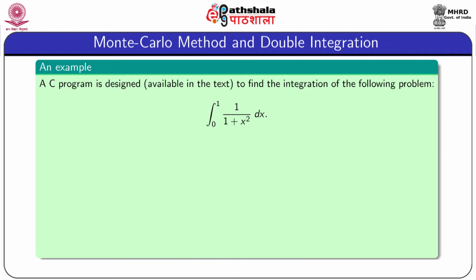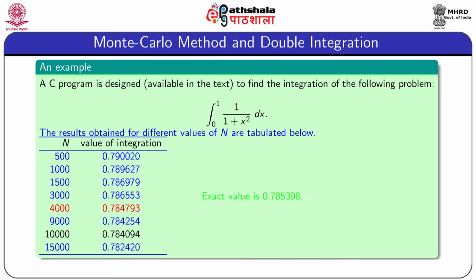Now, we consider one example. A C program is designed, which is available in the text, to find the integration of the following problem. The problem is integration 0 to 1, 1 by 1 plus x square dx. The results obtained for different values of n are tabulated below. The exact solution of this integral is 0.785398, and for n equal to 500, the program gives the value of the integral, which is equal to 0.790020,